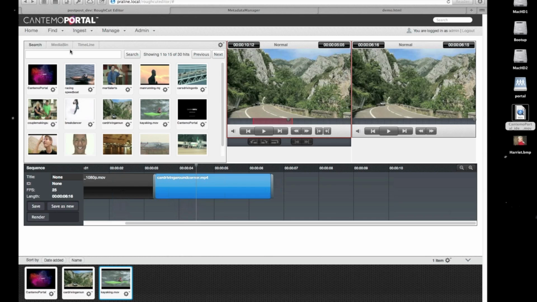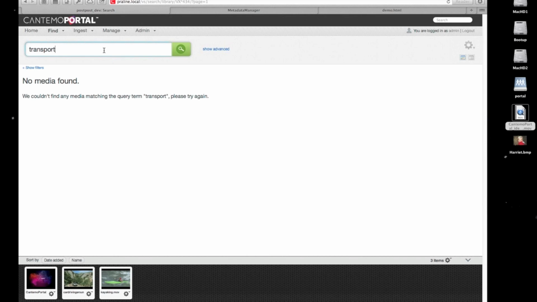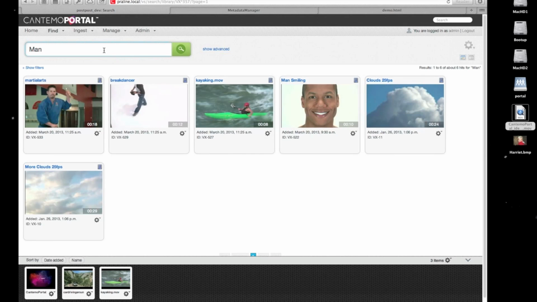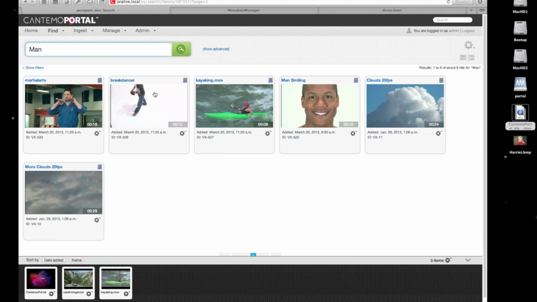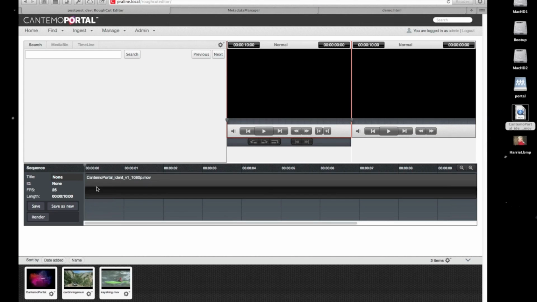So a typical workflow would be, we'll be going around the system, we'll be doing searches. Again, we may search for things like transport or MAM in the system, collecting material. Maybe somebody else has collected the material into a collection, maybe it's in the bin. We'll go to the rough cut editor,